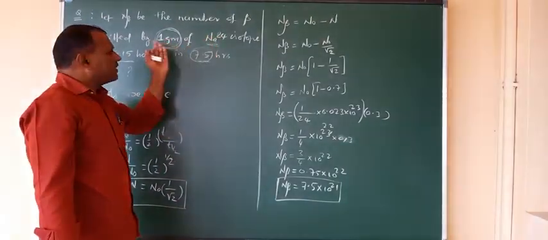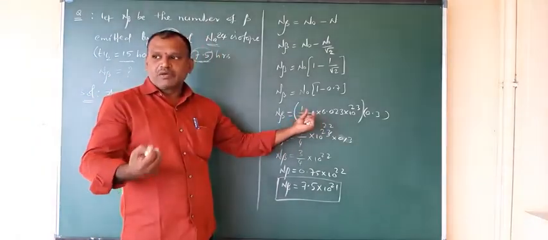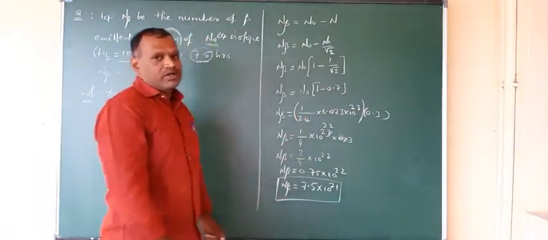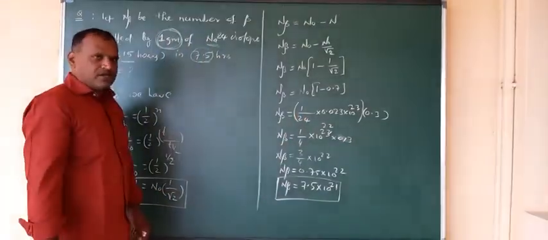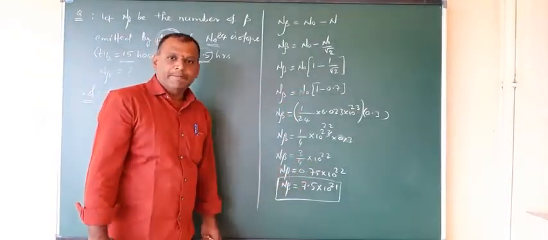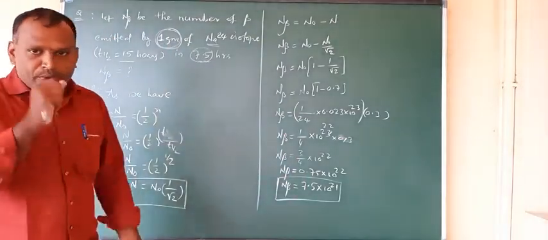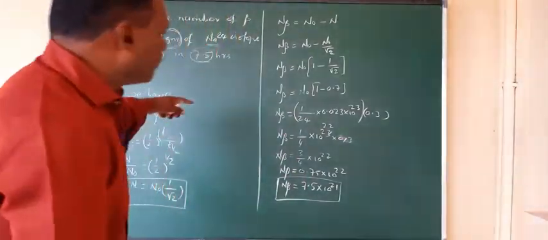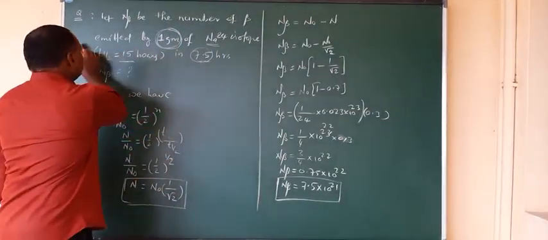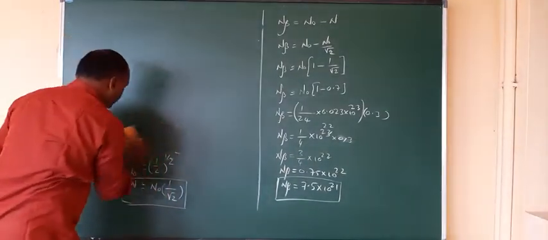So in that we can calculate N naught. That N naught is given by the given mass in grams upon the mass number into Avogadro number, you can get the initial number, that is N naught, right? After getting this N naught, just substitute here, simplify, and you can get the answer, correct? Right, okay, this is one of the problems. These problems you are doing are from your material only. This is one of the problems, and we can see the next one.